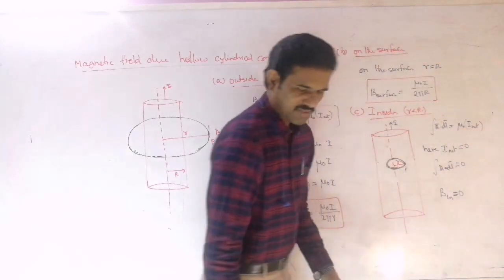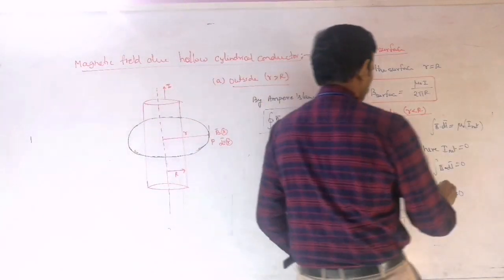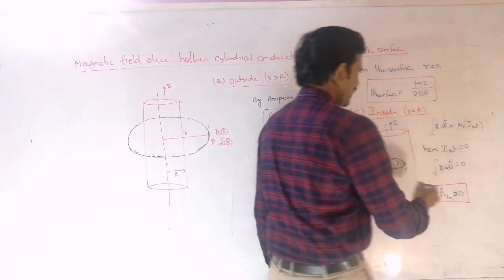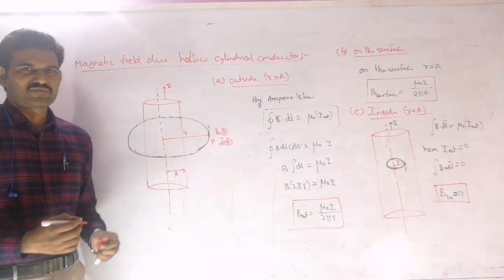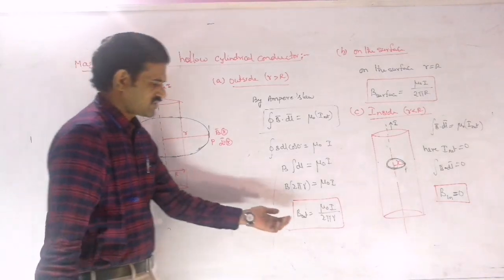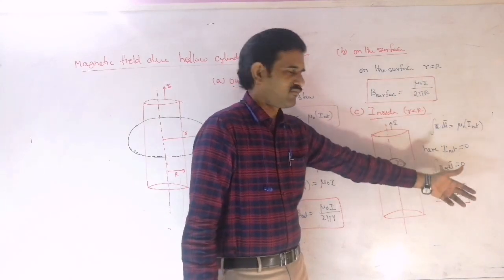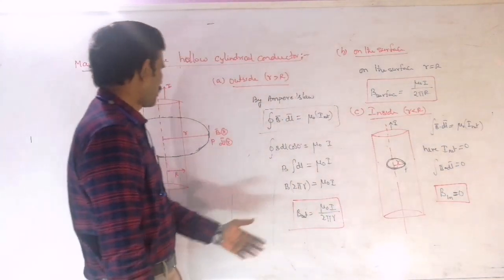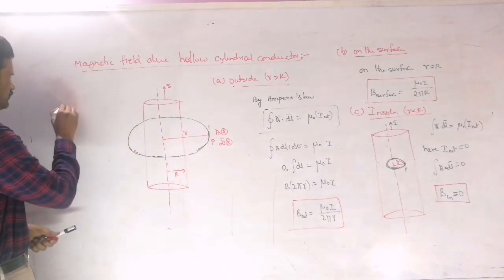Right? So that means it is exactly similar to our spherical shell. For a spherical shell also we will get such a conclusion: inside it is 0, outside the field will be there, and on the surface the maximum field will be there. So this is the case of a hollow cylinder here. Outside this is the field, on the surface it is with 2 pi capital R, and inside it is 0. And we can represent the magnetic field variation due to the hollow cylinder like this.